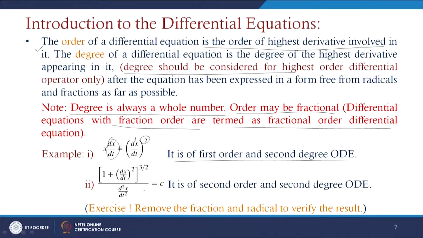And if you go for the calculation of the order and degree of this differential equation here, then it is a second order and second degree ODE. As we have discussed, degree is always a whole number, and first we have to make this radical free. So, if we square the numerator and denominator, we can find this one as a square here, and this will be a whole cube here. So, this can be made radical free, and we can say that since the second order and second degree term is present, it is called a second order and second degree ODE.